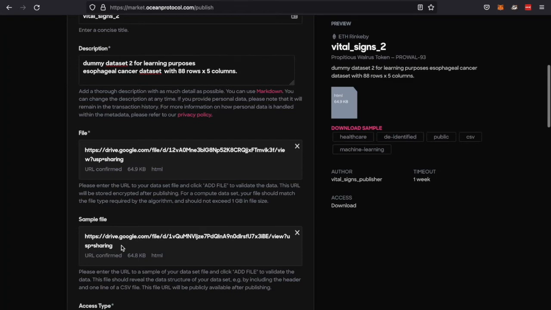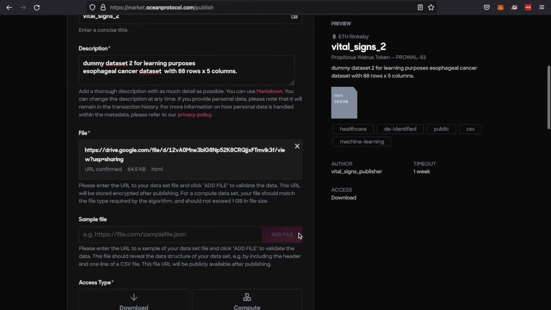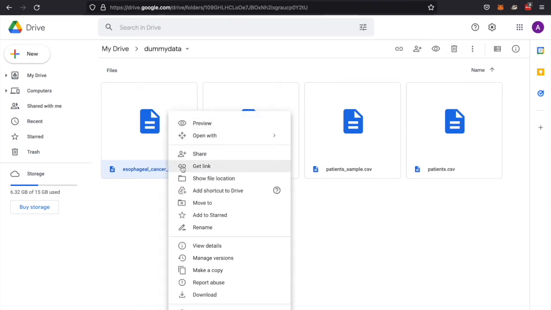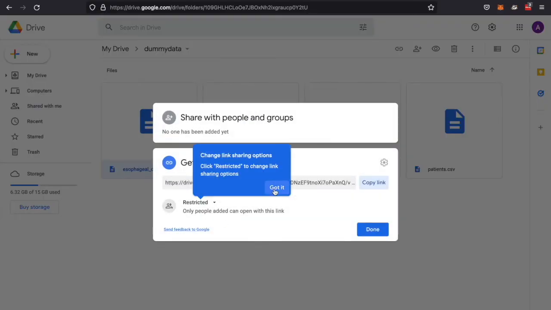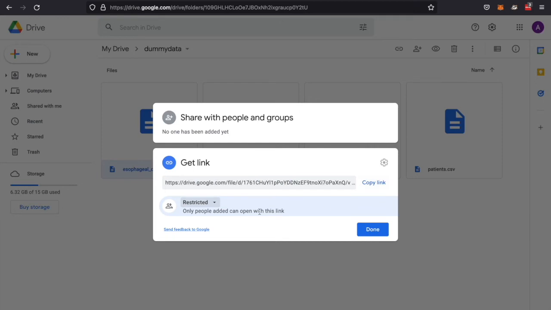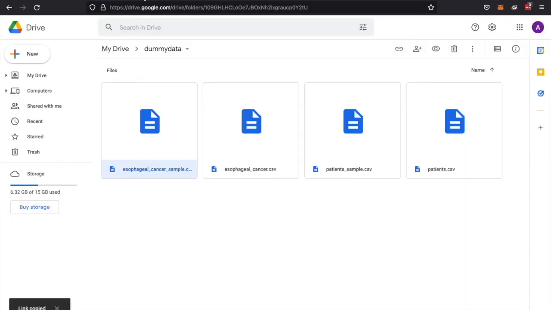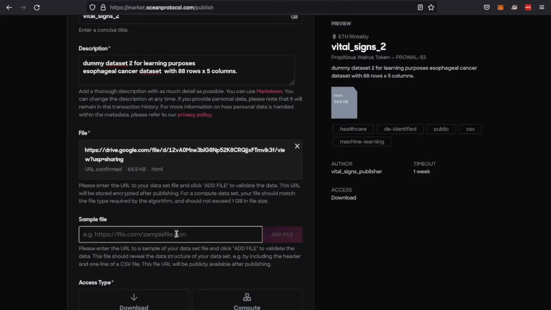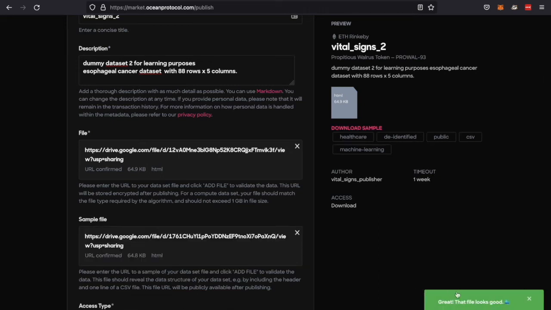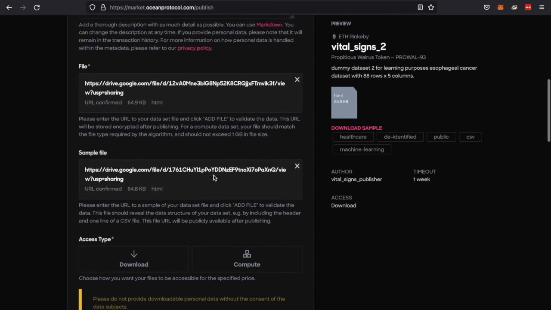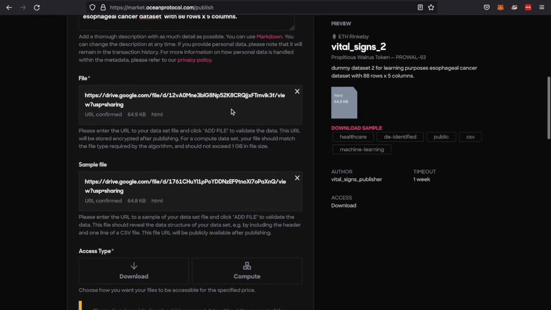And then we have to again put in a URL for the sample. Go back here, see get link, double click get link, and then change this again. Change this to anyone with a link, right? Copy this link. Done. Go back here, paste the link in. There. You say add file. There. It gives you this message. Great, it looks good. So now we have basically put in the link to our main dataset and the sample